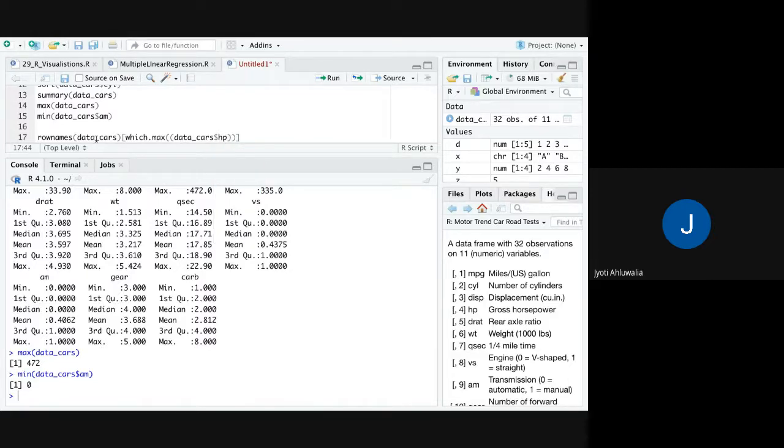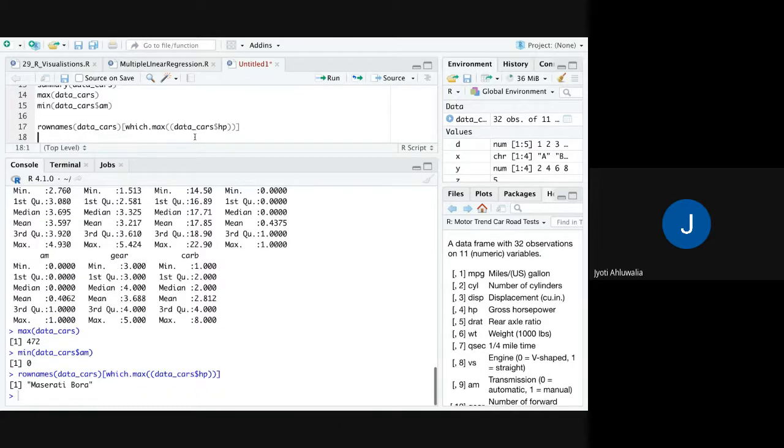What am I saying here? Give me the row names of all those rows where HP is maximum. So here, the row name is Maserati. So for Maserati Bora, the horsepower is maximum. Right? I want to know the row name.